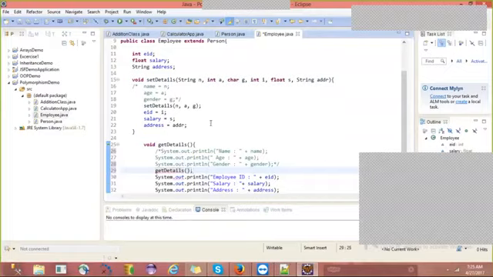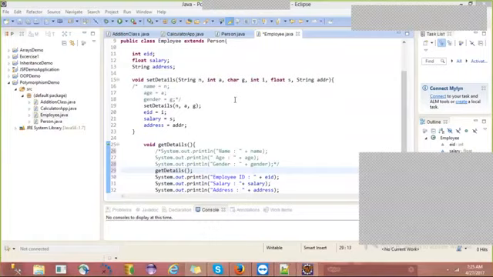Whenever it is a superclass method, do we need an object for the superclass? We don't require it. You can directly call the getDetails method. You need not create a Person object in the child class. Directly we can call all those methods.